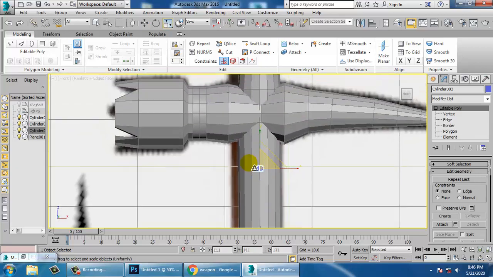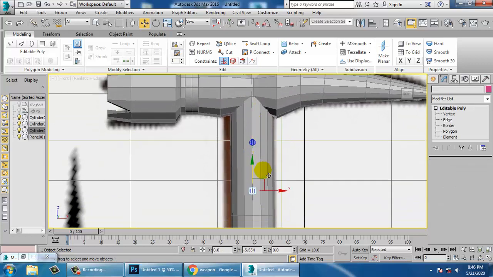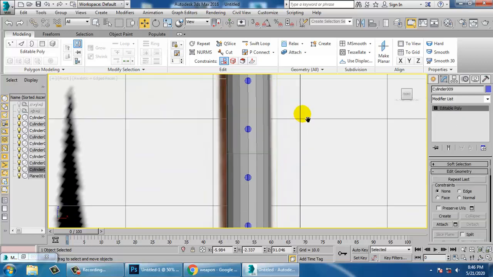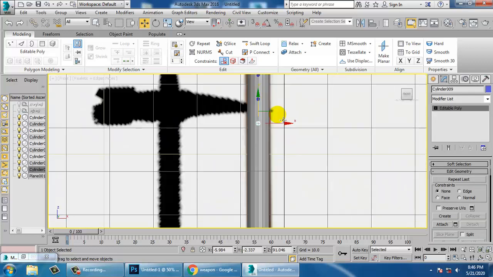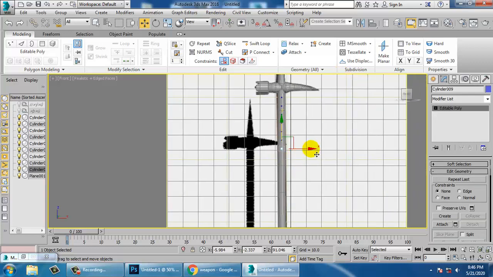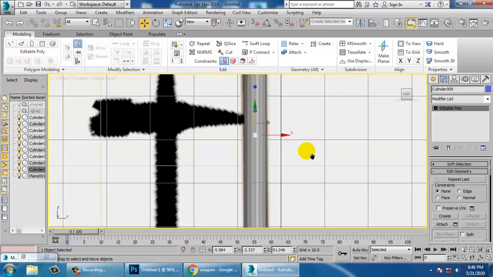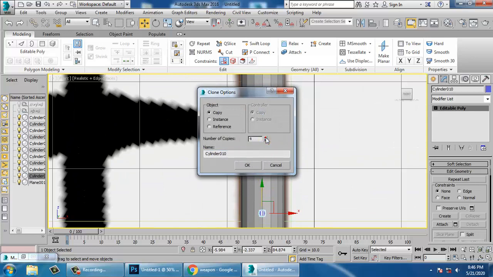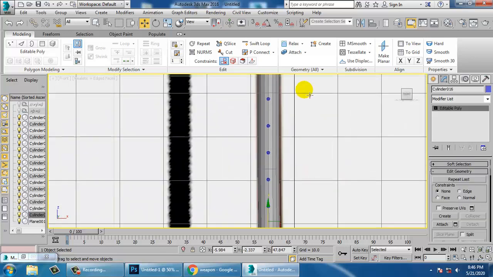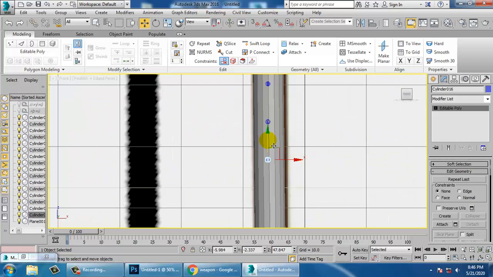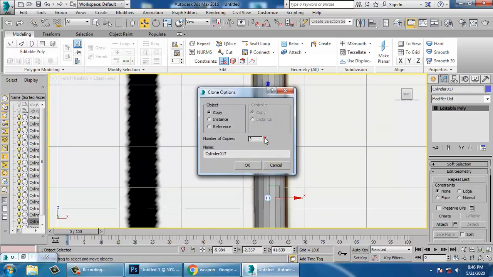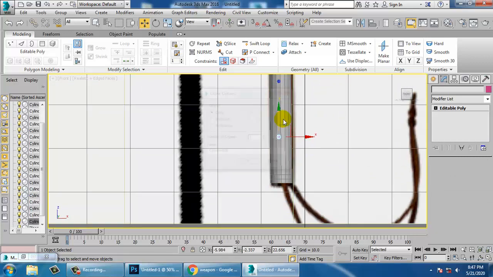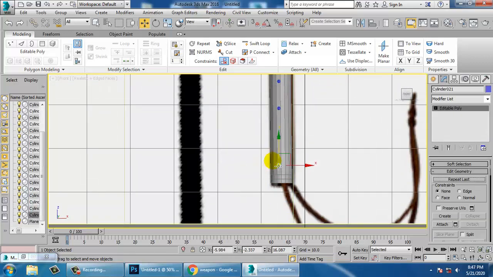Press shift and drag and make a number of copies over here. As many copies as you need, you can take. Take the number of copies that are required. Alright.